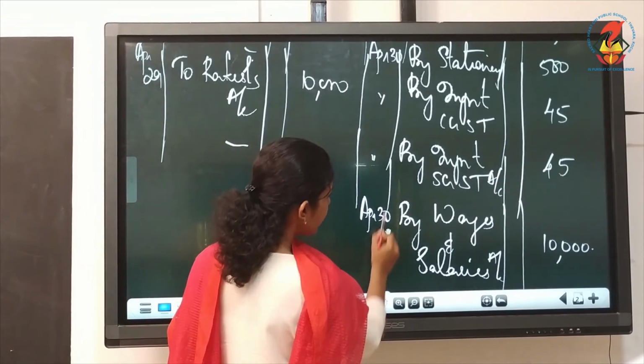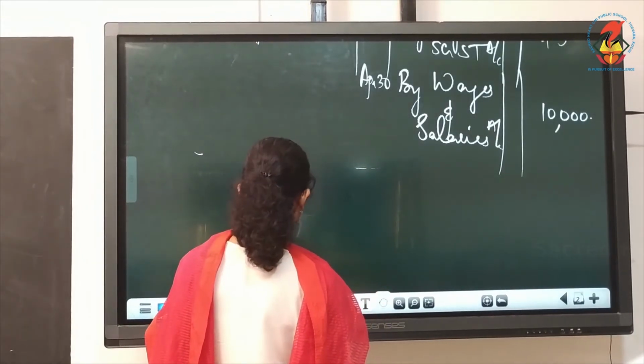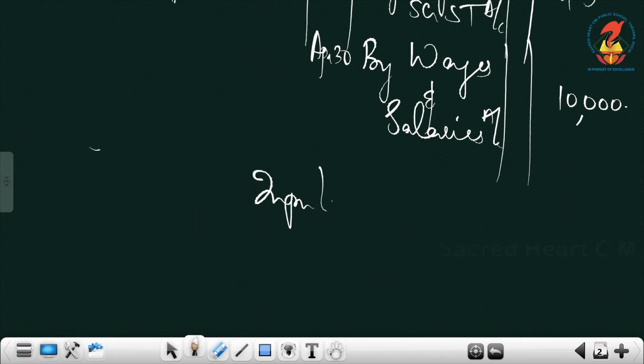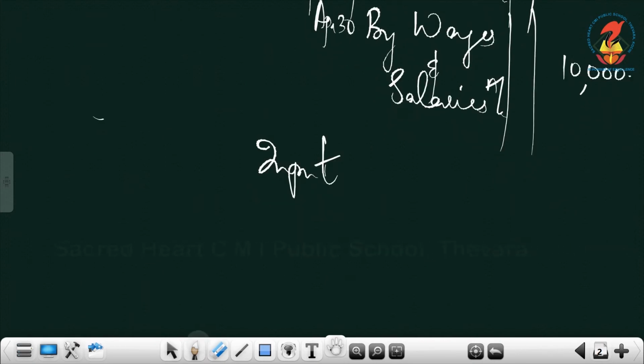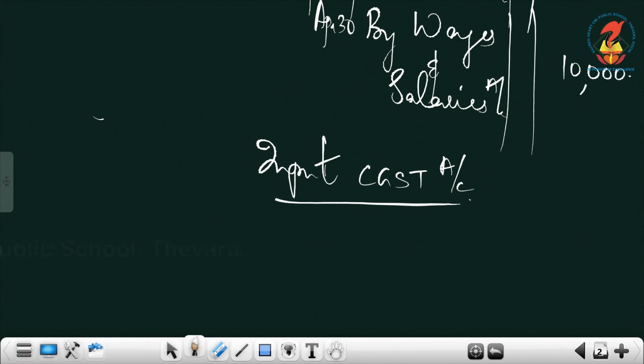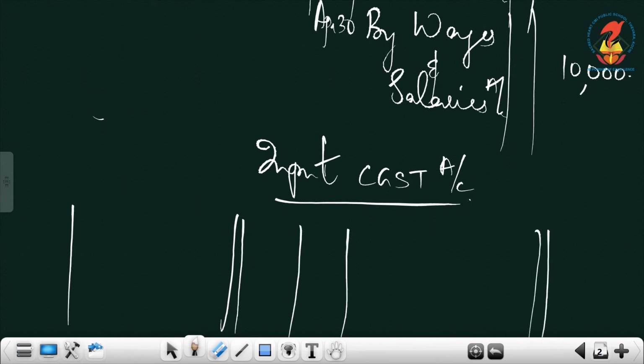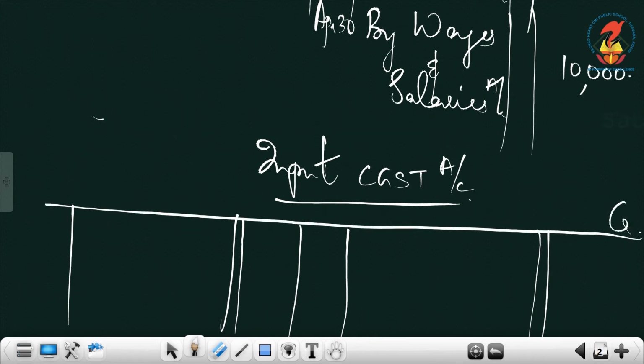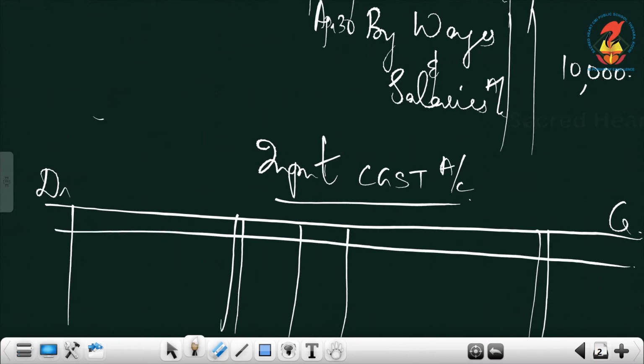Next I will show how to do the GST posting, I will show for input. So this account you must balance and close it. Then next is input. I am not doing it in the order, I am just showing how to do the posting in GST account. So input CGST, we will do input CGST account. You must do it in the order of journal entries. Draw the format, give the column headings. This is credit, this is debit. Column headings, everything you must write.